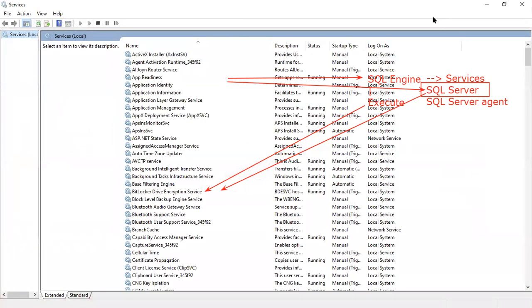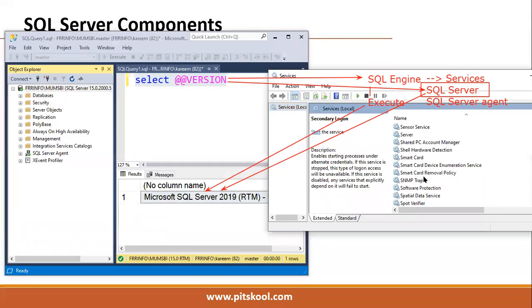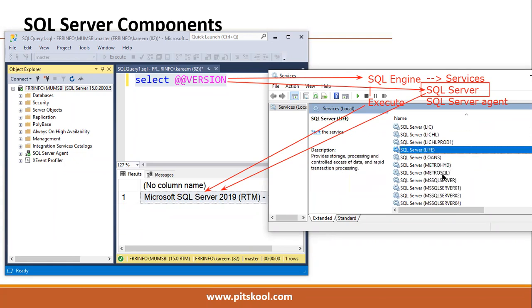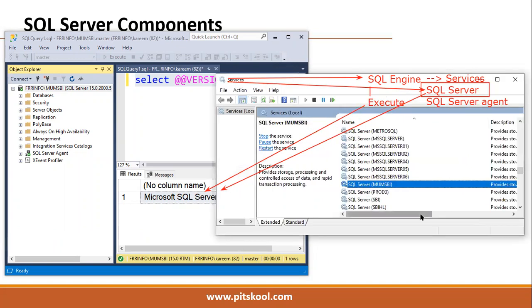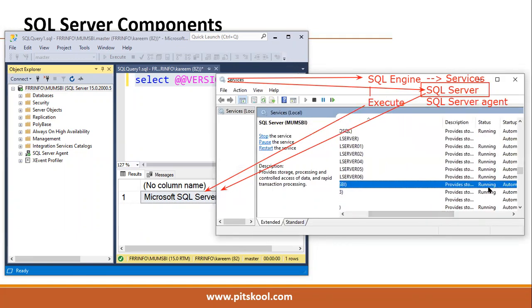See here, we have the SQL Server service. What is our server name here? Mumbai SBI. We have one service here, SQL Server Mumbai SBI. This is our main service, so here we can see whether the server is running or not.